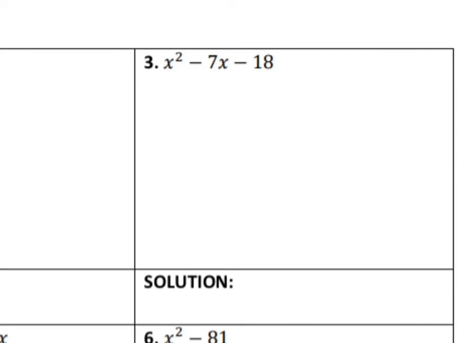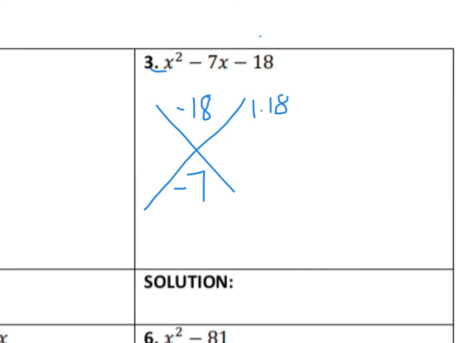All right, number 3 asked me to factor, so I'm going to look for a GCF, and I notice that this one does not have a GCF, and it has 3 terms. So this is an opportunity for me to factor a trinomial using the magic X or slide and divide. First we see if it has a leading coefficient, and it does not. So the last term goes in the top part of the box, and the middle term always goes in the bottom part. Now I need to find 2 numbers that multiply to 18